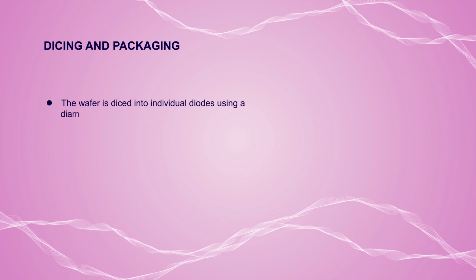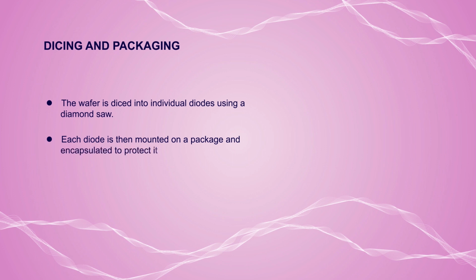The last process is dicing and packaging. The wafer is diced into individual diodes using a diamond saw. Once the diode is formed in the form of a wafer, it is diced into individual diodes using a diamond saw. Each diode is then mounted on a package and encapsulated to protect it from environmental factors and